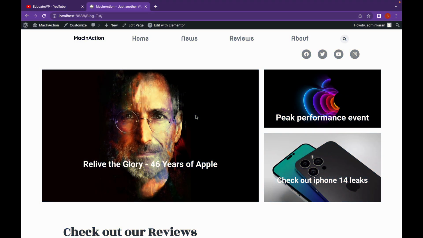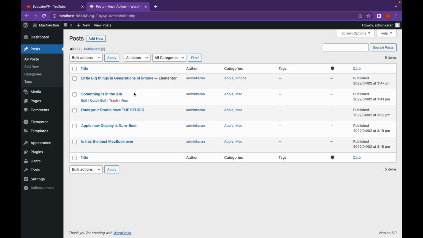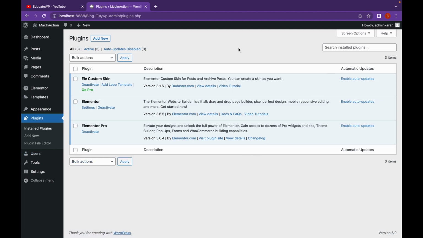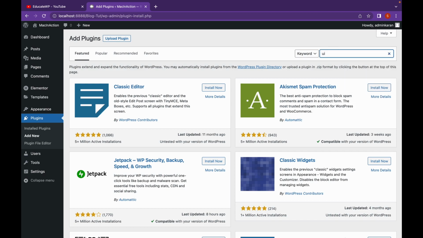So we are here on our website and let's go to our dashboard or backend if you prefer. So we have originally posts and pages as our post types. Not much going on around here. You go to post, you add new, blah blah blah. But let's start adding a custom post type. Go to plugins, add new, search for UI,